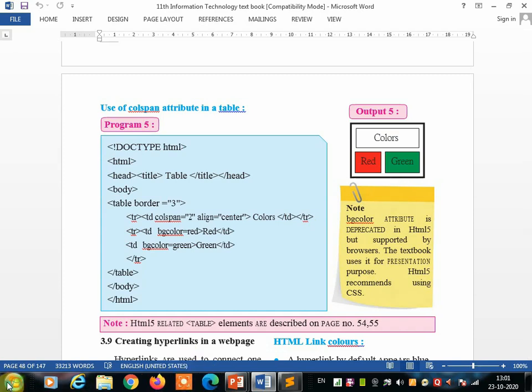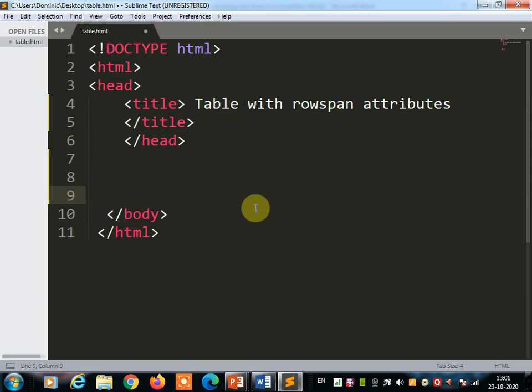Start a text editor on your computer and start writing the HTML code. The basic tags will remain the same. Now we are going to use the body tag. In the body section you are going to create a table.